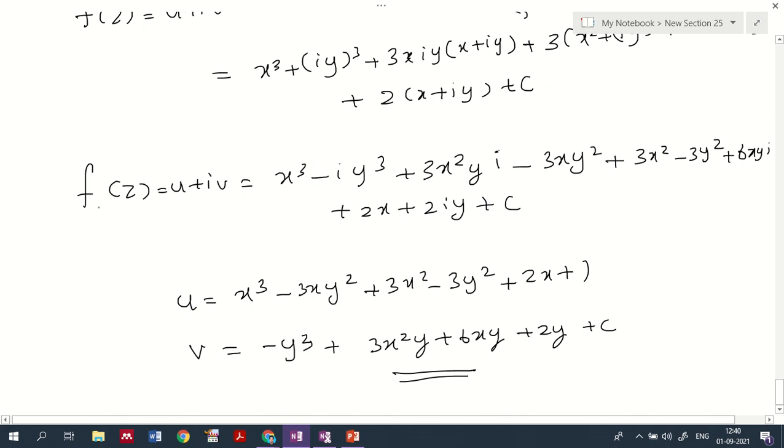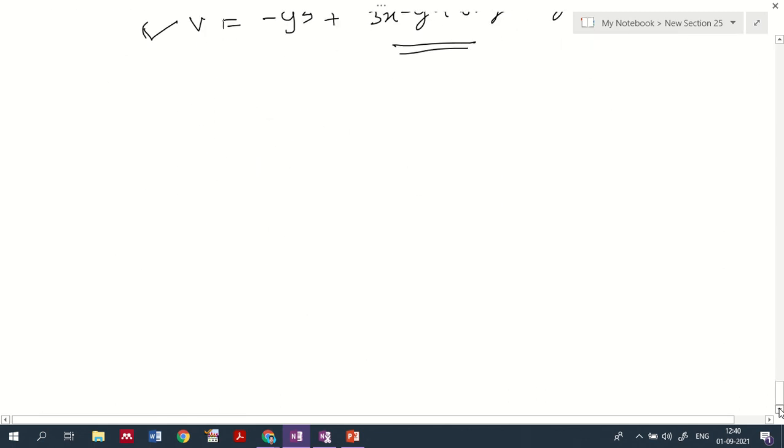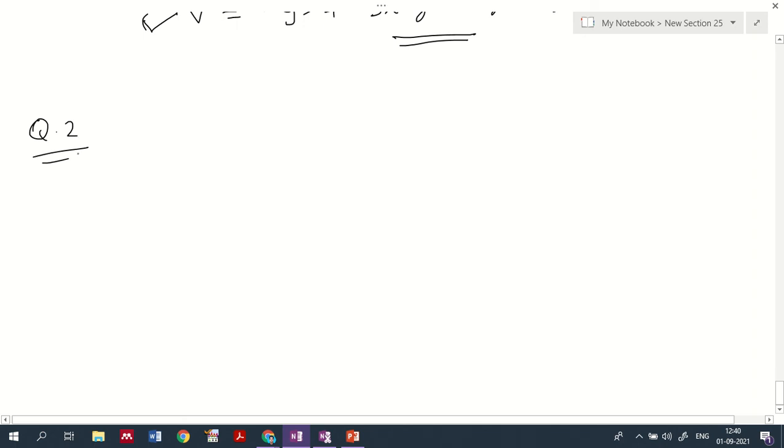Okay, what we are asked to find out is the analytical function and the imaginary part. From this analytical function, if you just arrange the imaginary part and real part, then you can actually find out what the real part and imaginary part are. Okay, so this is how you do the value corresponding to that. So I'll be giving a homework regarding this, question number 2 here. So this you have to do as a homework.